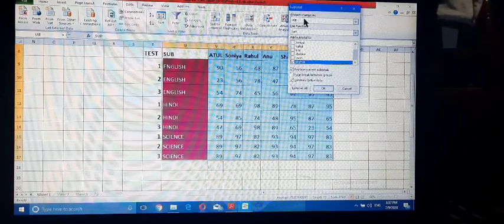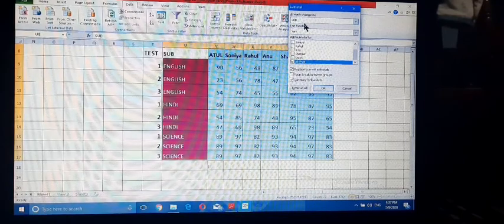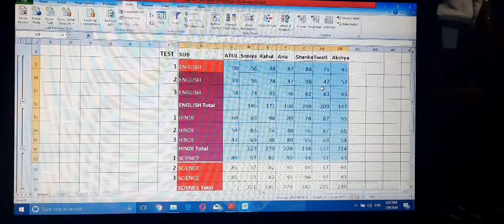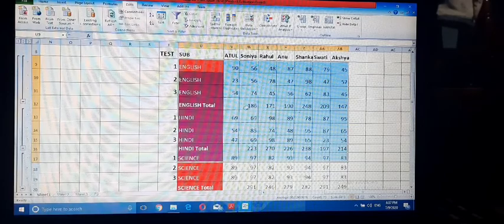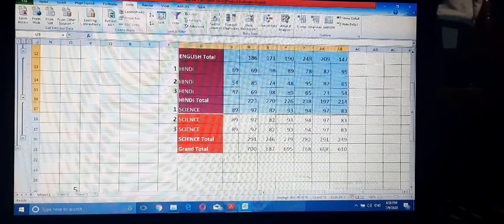Select the category column on the basis of which you want to perform the subtotal, then select the function, select the column where you want to apply the subtotal, then click on the OK button. This is the English subtotal, Hindi subtotal, this one is the Science subtotal, and this is the grand total.